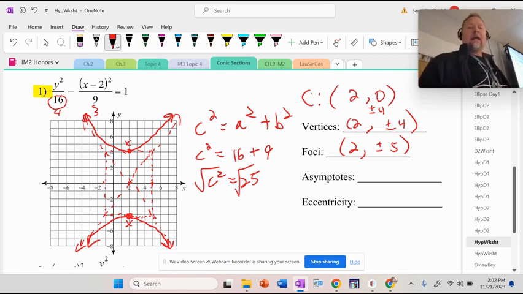Okay, and then the asymptotes. Well, what did I tell you the asymptotes are? This was terrible, 5th hour. Rise over run, which is which axis first? Y-axis over x-axis. I was getting nothing out of my 5th hour. Nothing. Just looking at me like I'm some sort of clown.